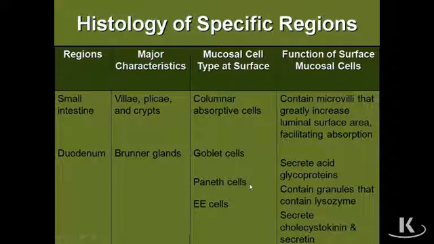So the Brunner's glands will only be found in the underlying submucosa of the duodenum, making it easy to recognize in histologic sections. Note that the EE cells, particularly in the duodenum, secrete large amounts of cholecystokinin and secretin, regulating the activity of the pancreatic ducts and their ability to